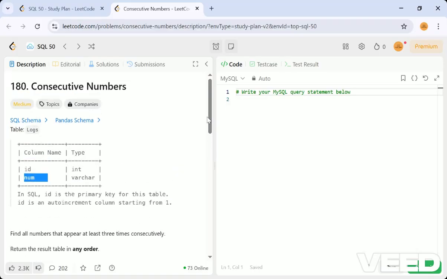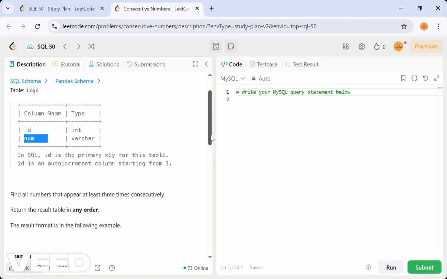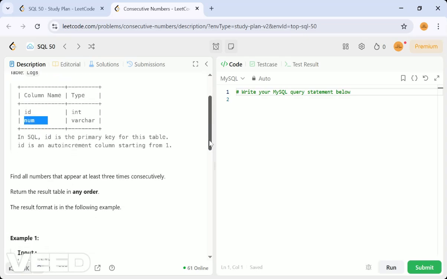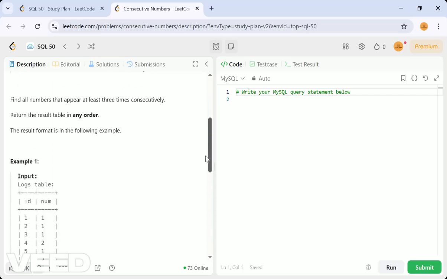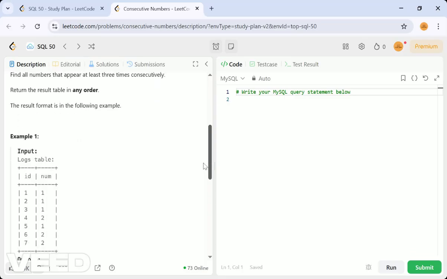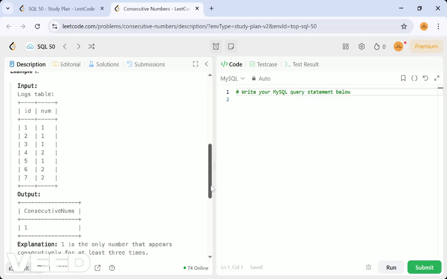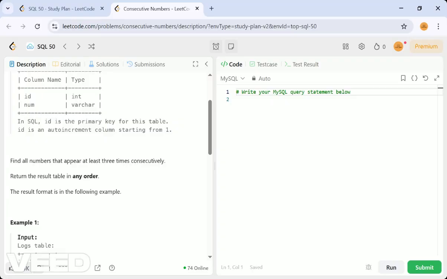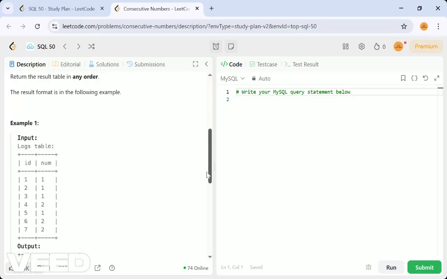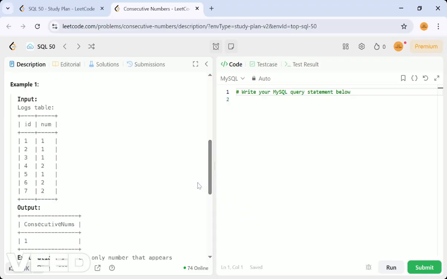This is a logs table where you will have some logs. Consecutively is nothing but one after the other. If it is repeated 3 times, that is consecutive, so we have to return that number.